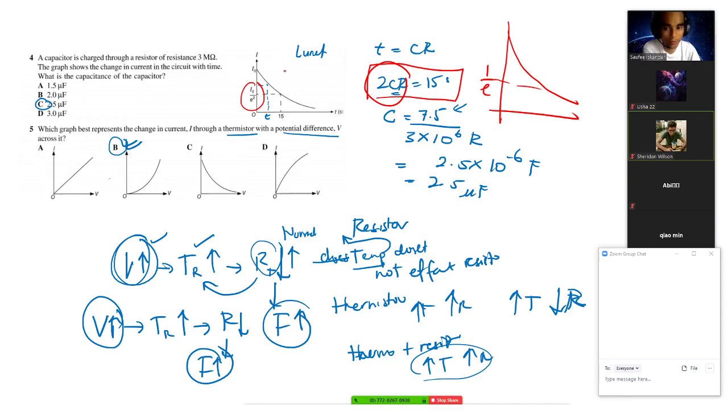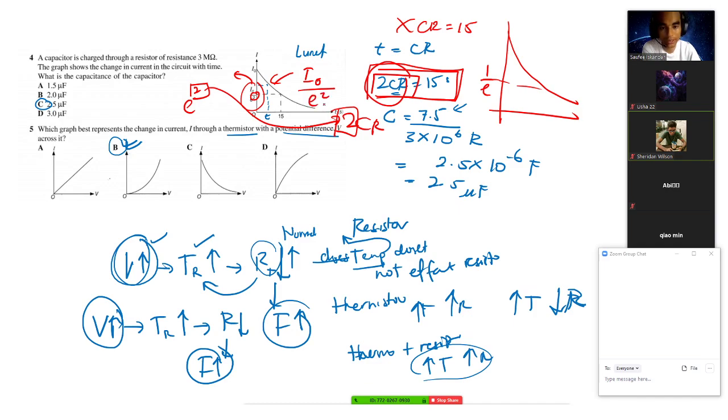So if we have this kind of question, if we have 1 over e squared, it means that it's using 2CR. It's not CR anymore, it's 2CR because e is squared. So the number 2 goes in front of CR. That's why over here we have 2CR times 15. It's not CR equals 15, it's 2CR, because the graph given is I naught divided by e squared. Okay,